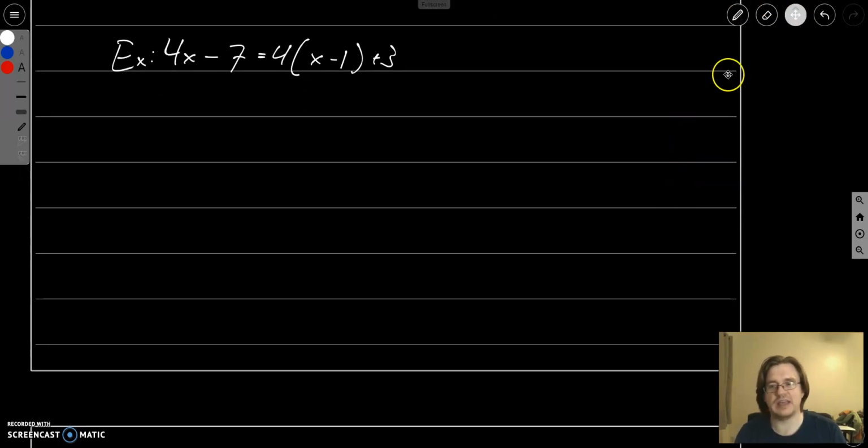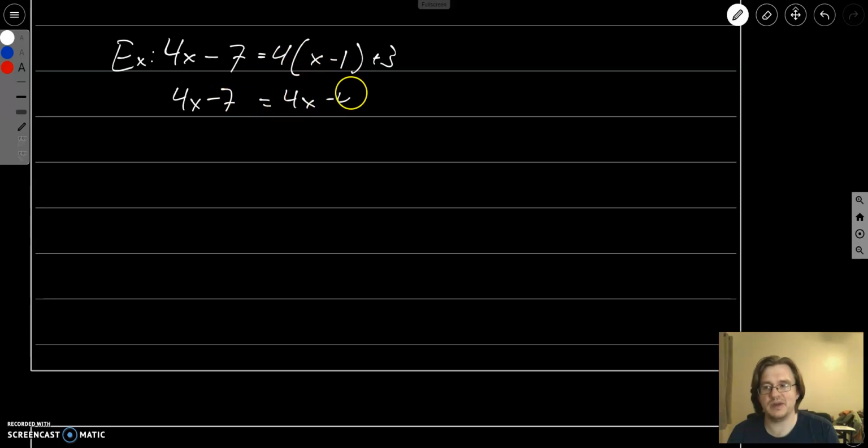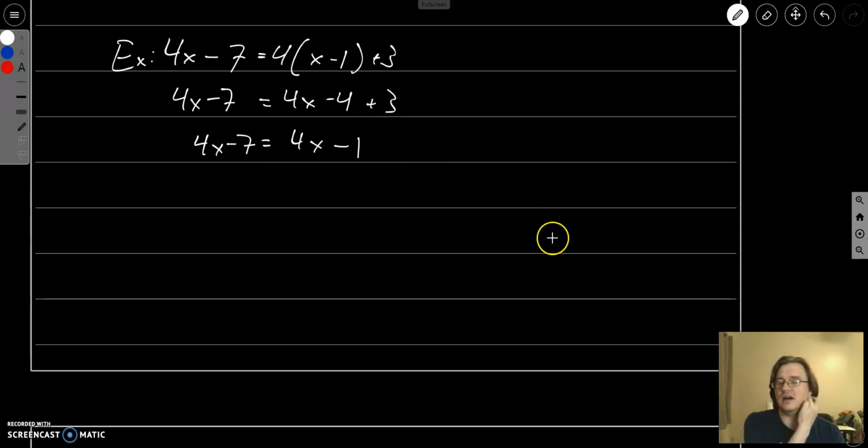This first example, again, these will be fairly simple. We need to simplify this. So on the right-hand side, I'll need to distribute. So we'll have 4x minus 4 plus 3. And then when I simplify this a little bit more, we'll have 4x minus 4 and plus 3 is negative 1. Here, I can say that this solution set is going to be empty, and this is going to be an inconsistent